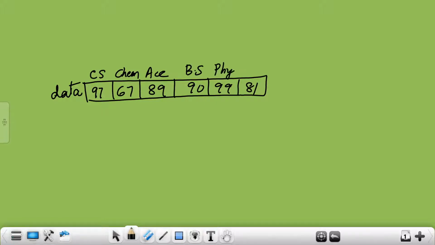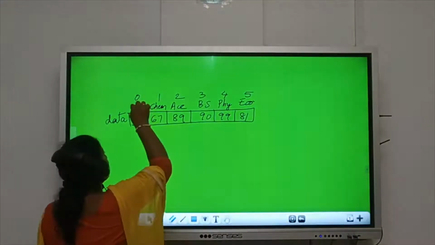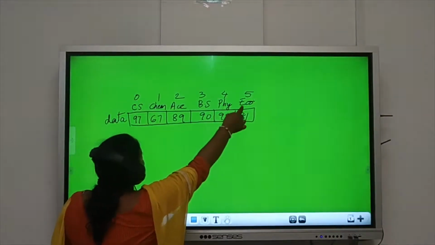Suppose if I write physics or eco, normally what we write here is 0, 1, 2, 3 for your one-dimensional array, or even for your string, or even for your list. But instead, Pandas helps us to identify the same thing with the help of a new index.